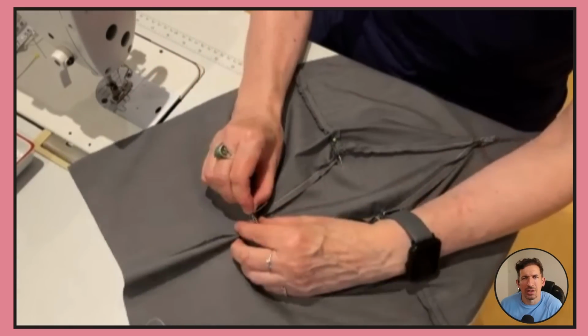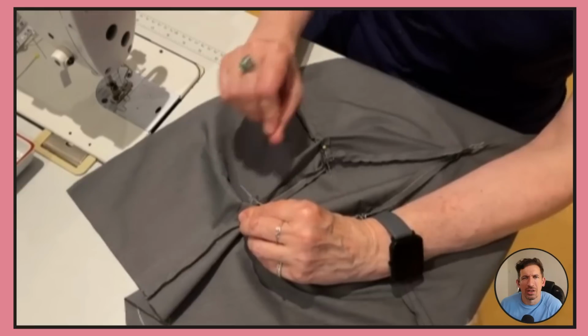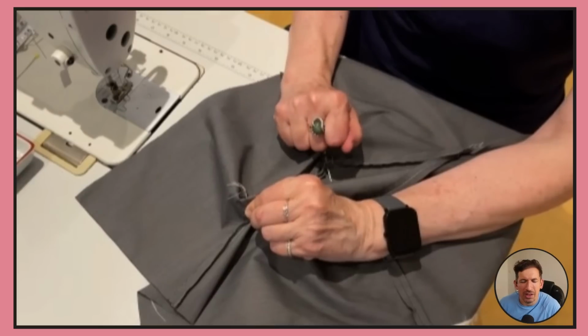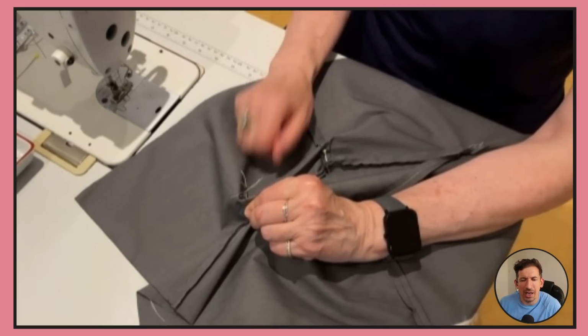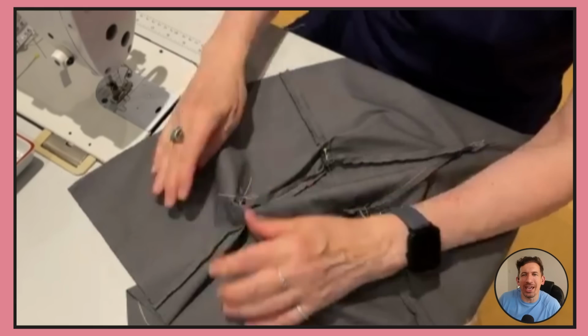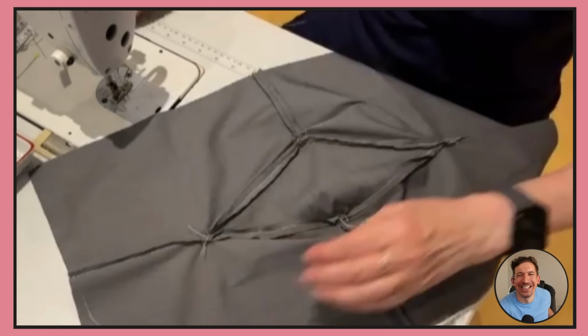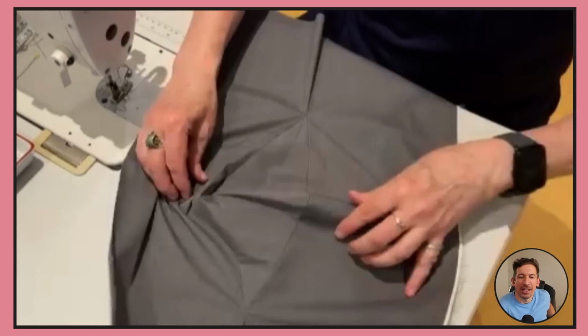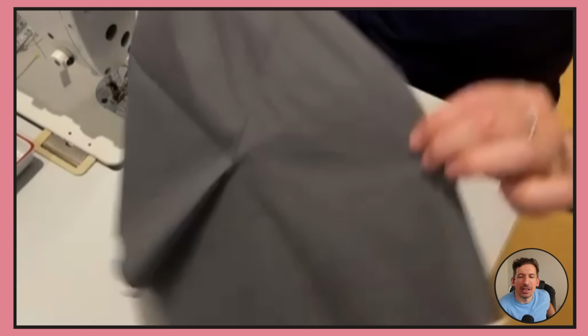So there's what we see in sewing all the time, that little triangle. Yep. Can we see that? Yeah. Little triangle. That happens when you put in a pocket. We have it in patchwork, a lot of places. Dog ear, we call them. A dog ear. And then this is interesting, because if you fold it on the half, so let's say